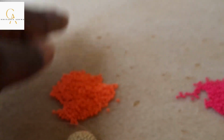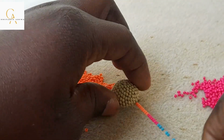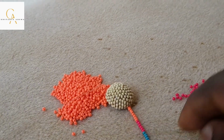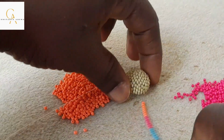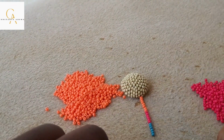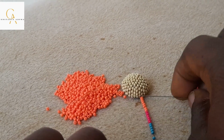All right, as if you are making a fringe. Okay, now this time it is the same procedure for making a fringe. Okay, now watch here please, and you need to pay attention to this. Now as if you are going to the end here,